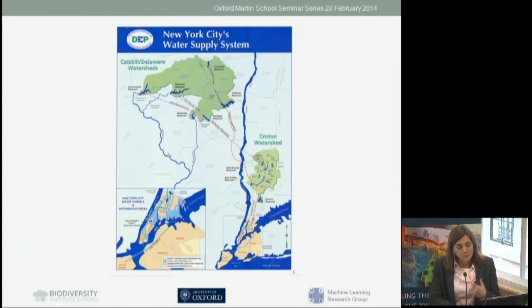Just to give you two examples before we move on to biodiverse technologies. So how do you then value this? Well, this is a very old example, but this is the New York City's water supply, which is down here, and yet it's fed from these two watersheds further upstream. Very large watersheds, many people liked living there, more and more houses were built, more and more trees were cut down, to the point where they had to start to think about how much clean water was coming in here and how much the value of these trees for providing the clean water down here in terms of their filtering of the